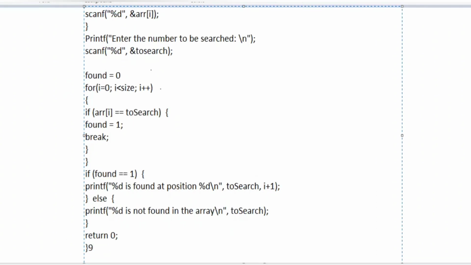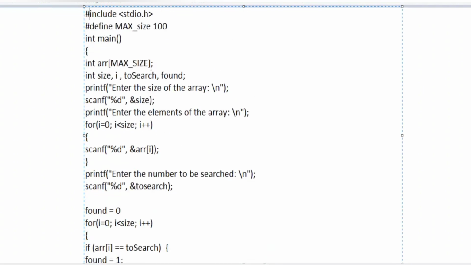So this is the final code for the question where we need to find a given number from the array. So at first the size of the array is taken as input from the user and is stored in the variable size.